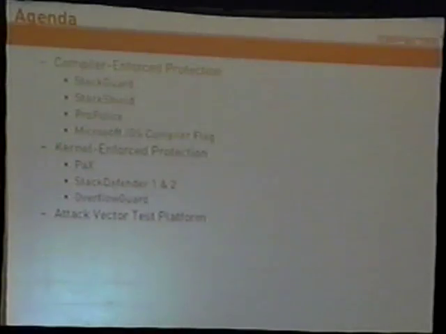All right. We're going to talk about compiler-enforced protection first, and we're going to cover StackGuard, StackShield, and ProPolice. These are all Linux-based compiler protections. They range from canary-like protection to rearranging the layout of the stack. We're also going to talk about Microsoft's .NET protection, which we know there's been prior research on, so we're going to go over that briefly. We're then going to cover the kernel-enforced protection: PaX, StackDefender 1 and 2, which are Windows-based, and then OverflowGuard. And finally, we'll introduce you to the attack vector test platform, which will allow users and developers to test how well their